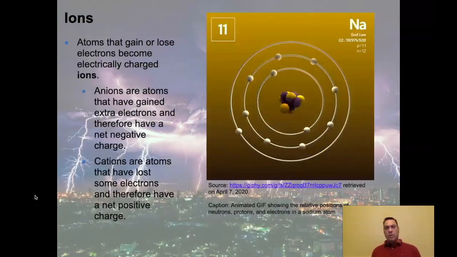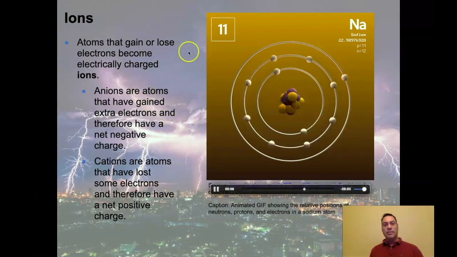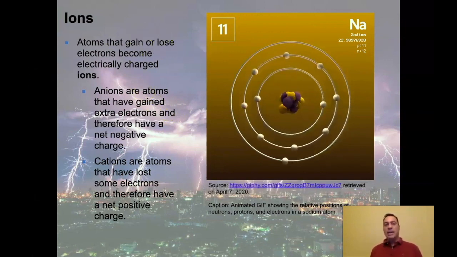All right. Now, fortunately for us, we don't always deal with very large elements like element 118. When we deal with smaller elements, it's easier to see some of the concepts. And one of these concepts that would be hard to see with a large element like 118, but we can see easily with smaller elements like sodium, sodium is element number 11, is this concept called an ion. So an ion is an atom that gains or loses an electron and becomes electrically charged.